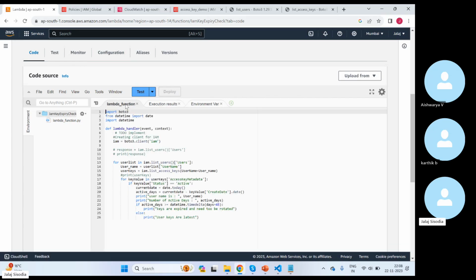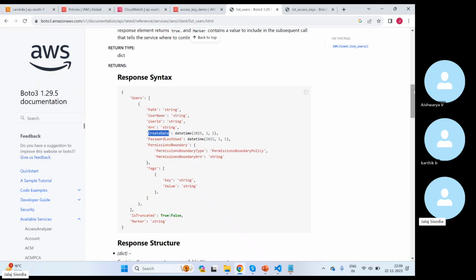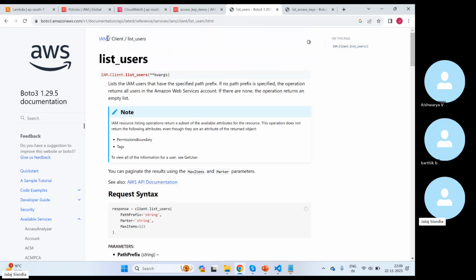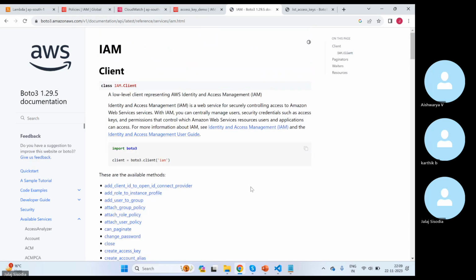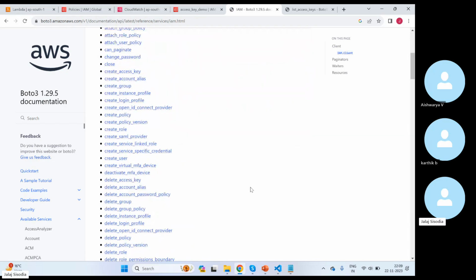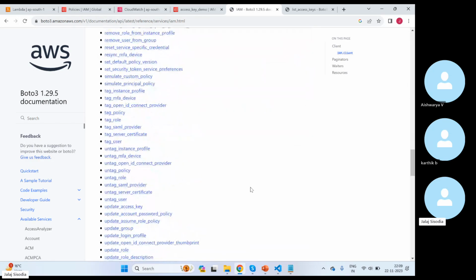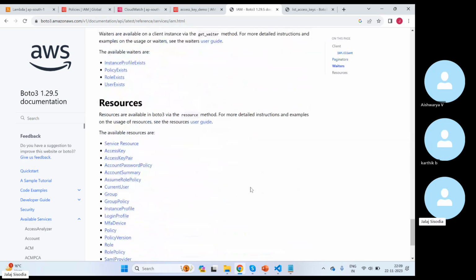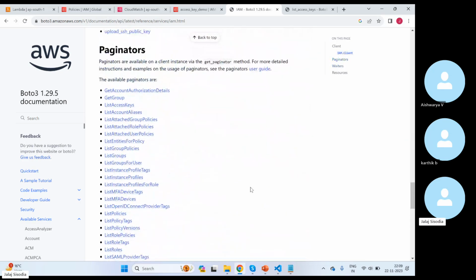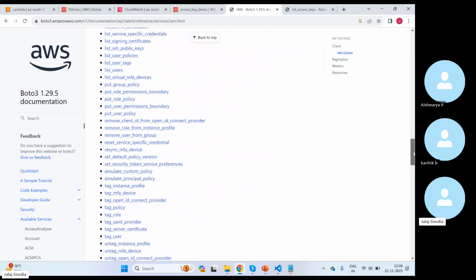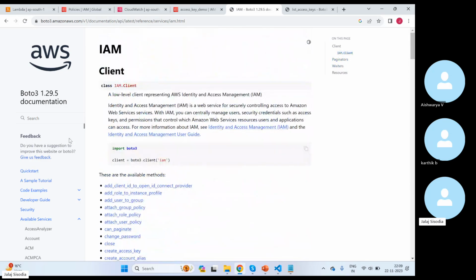Okay. Now, this has been very specific. I told you that we have this requirement. I already know which functions are to be used. Now, if you come to this boto3 page again, and slightly come out of this IAM, you see we have a lot of functions here just for IAM. For all those actions that we do on IAM, we have a function. So if you just go up and come out of this,